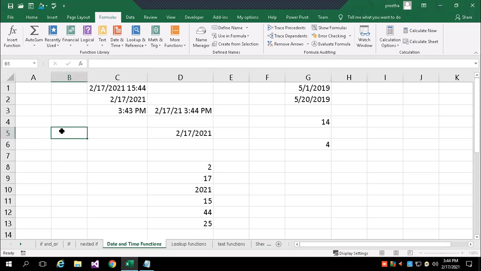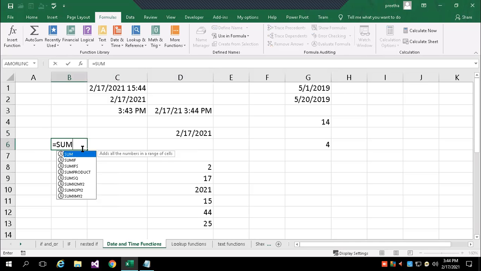Arguments means, when I'm writing a function, if I say SUM, I pass arguments inside. For finding a sum, I should give at least one or two numbers. That is called arguments. If I say LEN, the length of your text, I should type something, and that is called an argument.